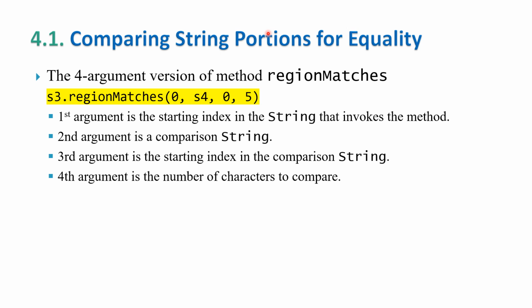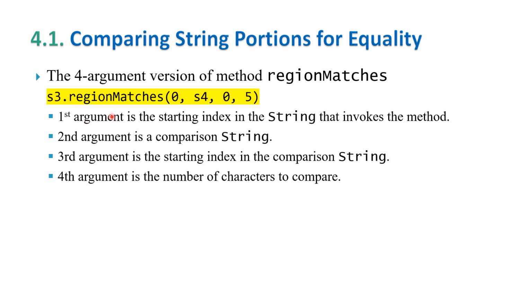To compare portions of strings for equality, we can use the regionMatches method of the String class, as shown in the string compare program. This method is overloaded with two versions. One version takes 4 arguments and one version takes 5 arguments. In the 4-argument version,